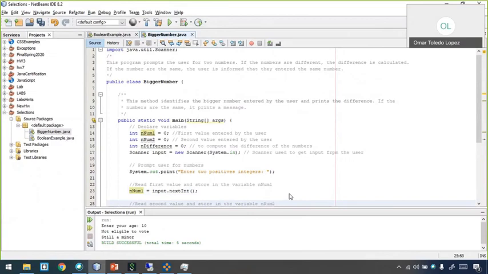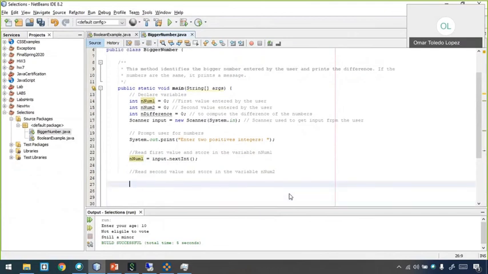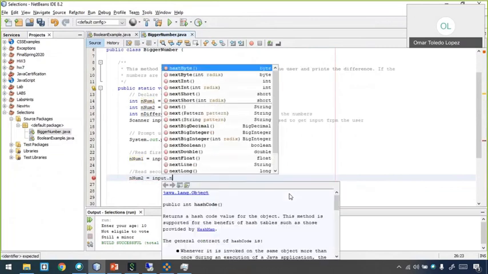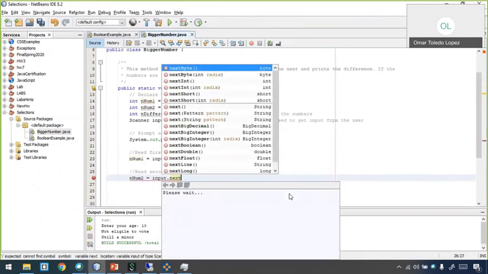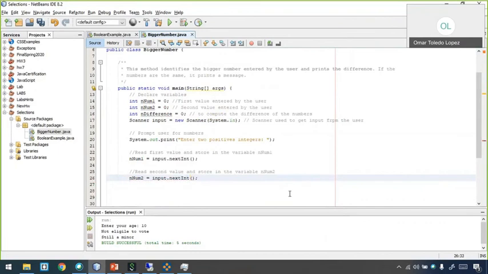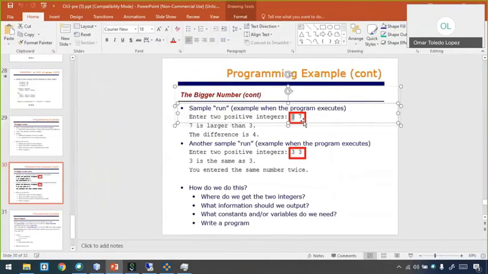Okay, so how can I do that? So the variable is num2, right? Equal input.nextInt, correct? Okay. So now, when the user types 3 space 7 and presses enter,